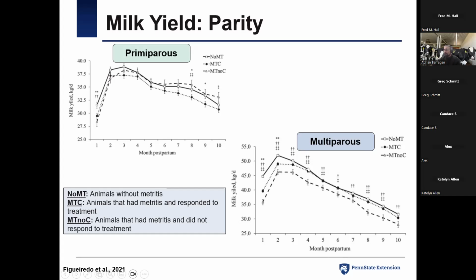But after month 4, those metritis animals that responded to treatment actually level up with the normal animals, right? But the animals that did not respond well to treatment never level up to that, and the milk production will remain low for pretty much the 10 months of lactation here. Okay, so interesting: treatment response also has a more profound effect on milk production when it comes to this disease.